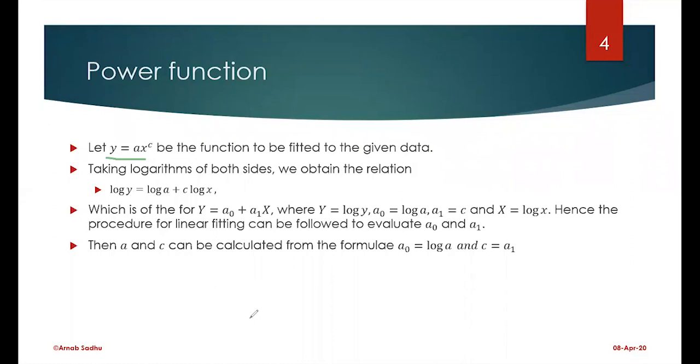I don't know how many of you know about logarithms. Basically, it was obviously in class 8, 9, so you should know that log of x to the power c is nothing but c log x. Whenever you write log of ab, it is basically log a plus log b, right? So log ab is equal to log a plus log b. So here on the right hand side, log of a x to the power c will be log a plus log of x to the power c, right?